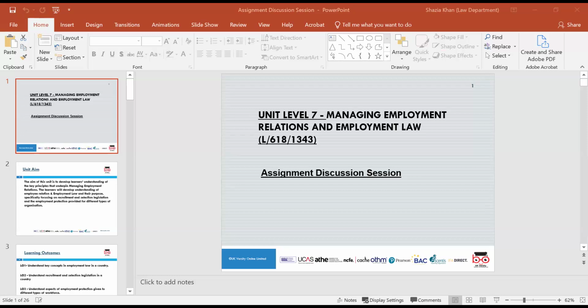We looked at what garden leave was and why that was so important in regard to employment law and how that applies to businesses and organisations. We looked at unfair dismissal in regard to entitlement to claim, constructive dismissal and potentially fair reasons for dismissal, and whistleblowing and the importance of whistleblowing within employment law. We looked at the Public Interest Disclosure Act in regard to protecting individuals who blow the whistle in the public interest. So that was learning outcome 3.